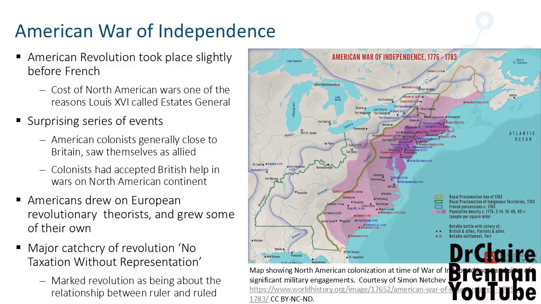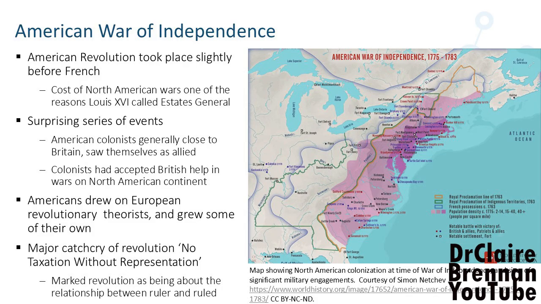And it's one of the causes of the French Revolution, in that Louis XVI went to Parliament to get money because he was fighting expensive wars. Wars became very expensive in the early modern period. Kings, princes, they turned to Parliament to fund them, and parliaments tended to be a little unhappy about handing over the money. In any case, the American Revolution occurred before the French one, but drew on much the same ideas.